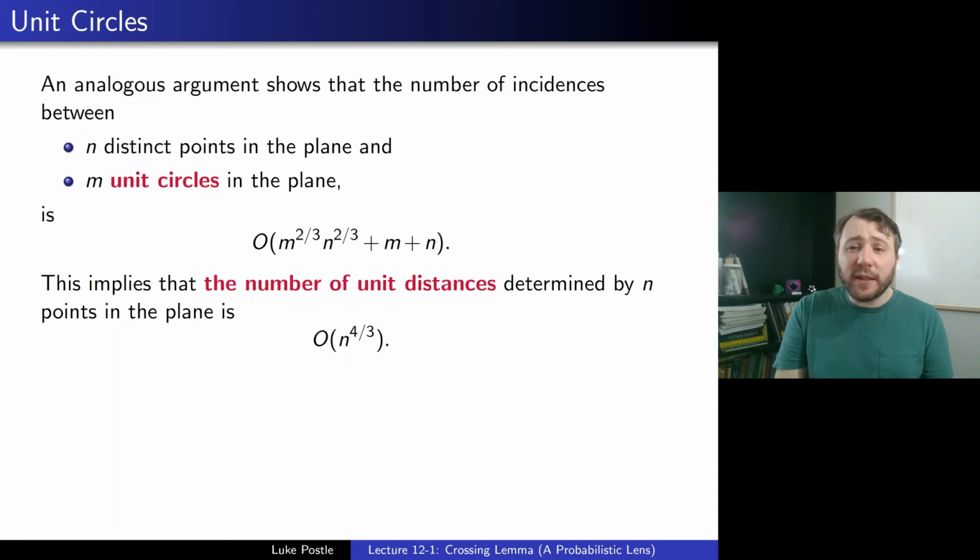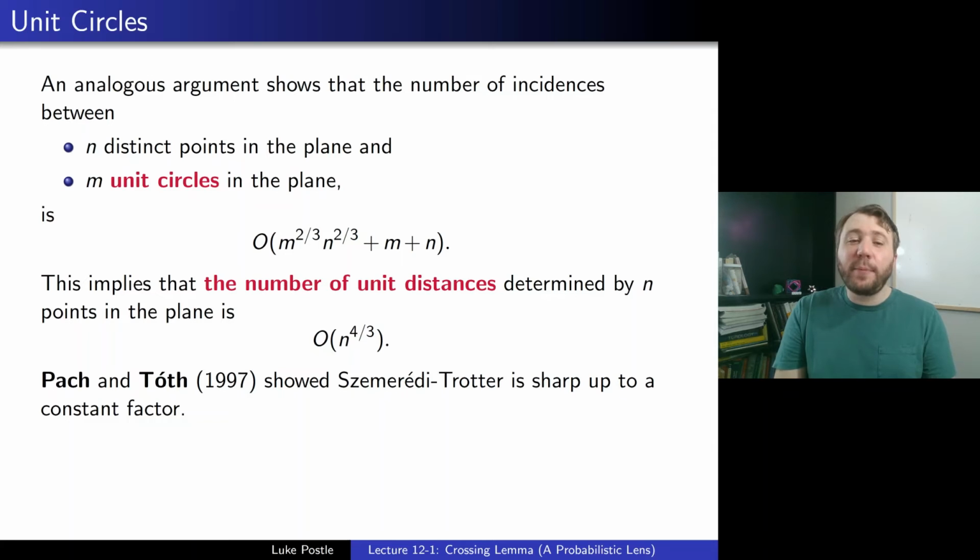So trivially you get n squared, but this actually gives you n to the 4/3 as an upper bound. Why? Because you'd have these n unit circles, which would make the unit distances, and you'd be looking at those incidences. So you'd set m to be n, and you get an n to the 4/3 upper bound. And I will mention that Pach and Tóth had shown in 1997 that Szemerédi-Trotter is sharp up to a constant